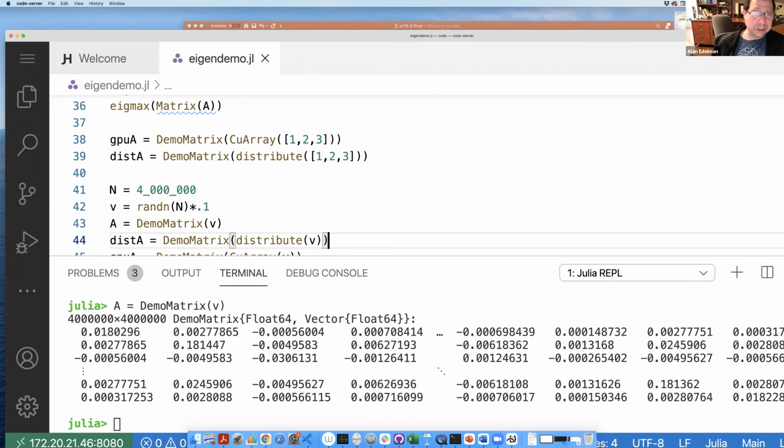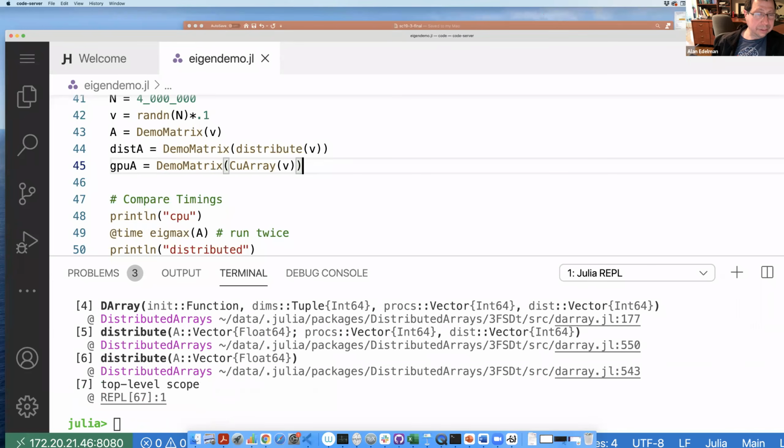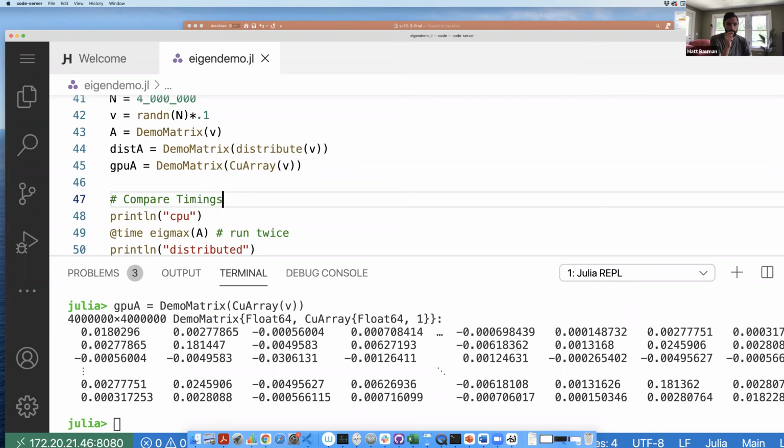I missed that one critical line which loads the packages. But anyway, here you see I've got a 4 million by 4 million distributed array. It's virtually 4 million by 4 million; it's actually 4 million numbers. And now what's the deal with this one? Yeah, that's where you were having your trouble. Oh, but now it worked. I don't know. Okay, it's working.